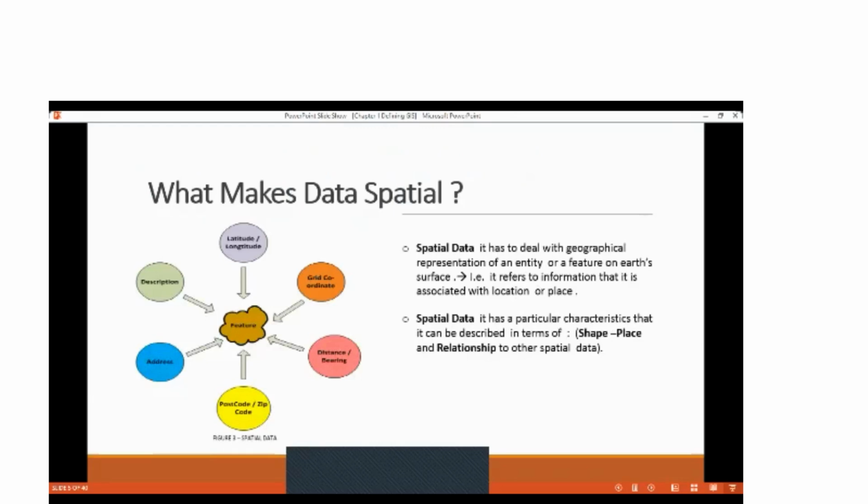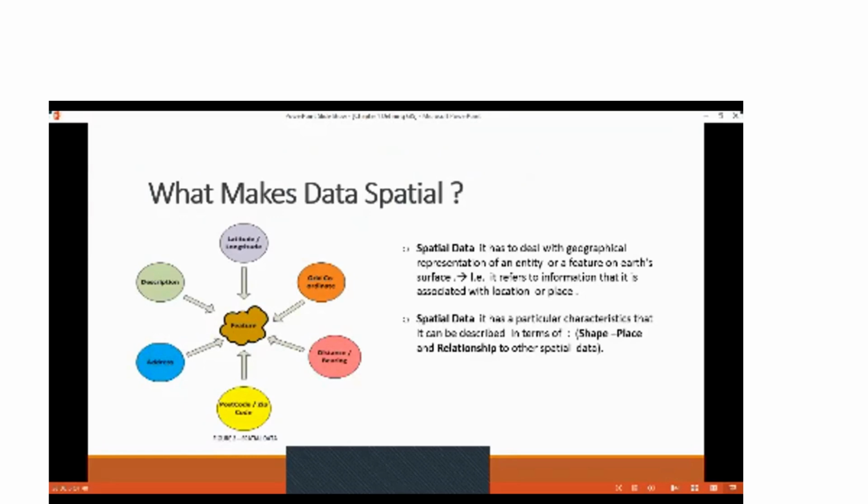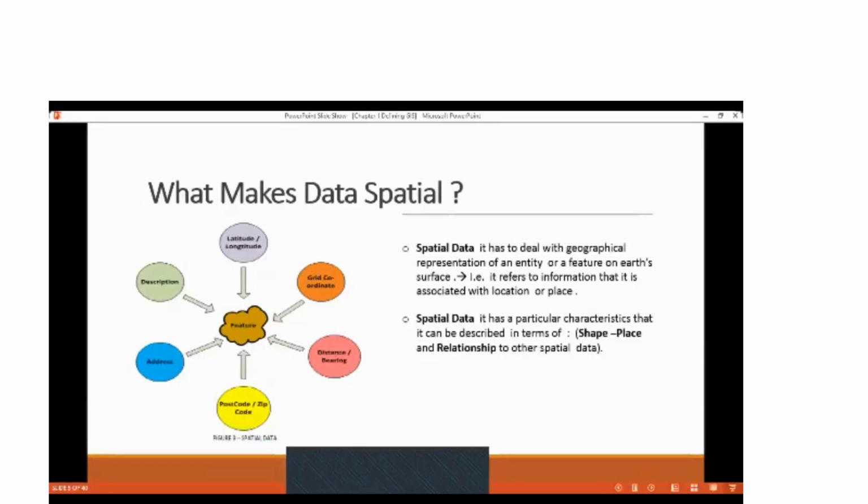Spatial data means that you have a feature or an entity that resides on the Earth's surface area, that has a space, it has a location, and it has a reference, the relationship with other spatial data. So when I say spatial data, it means that I have a feature that has a longitude, latitude, it has a direction, it has an address, it has a PO box,